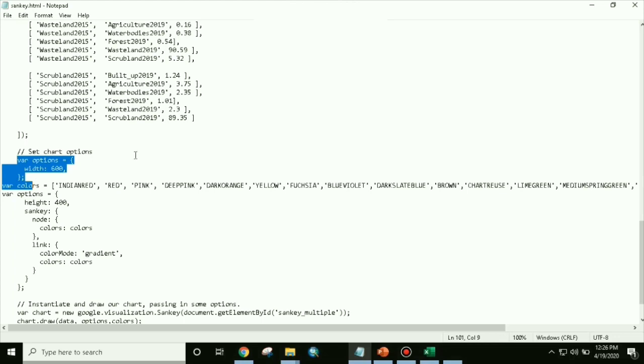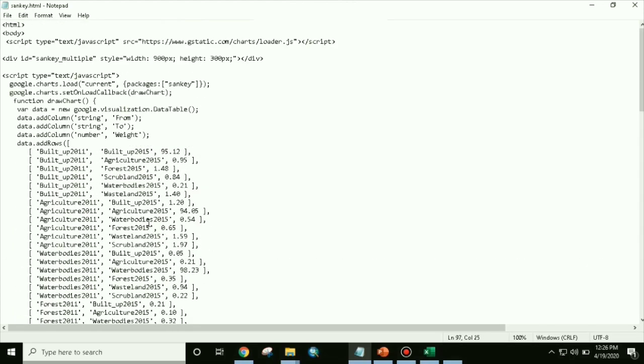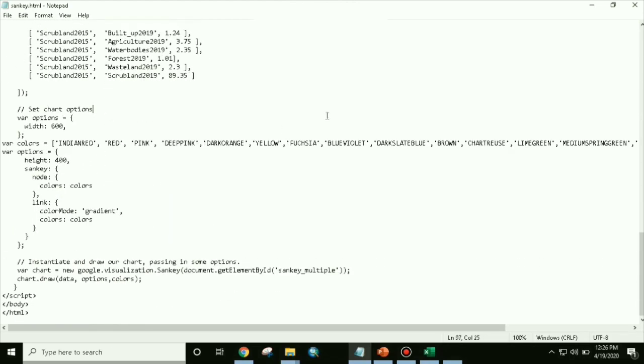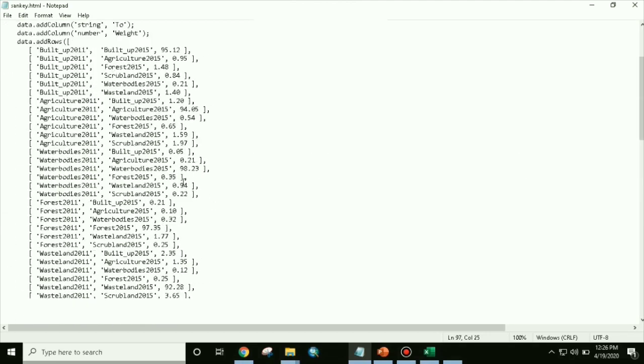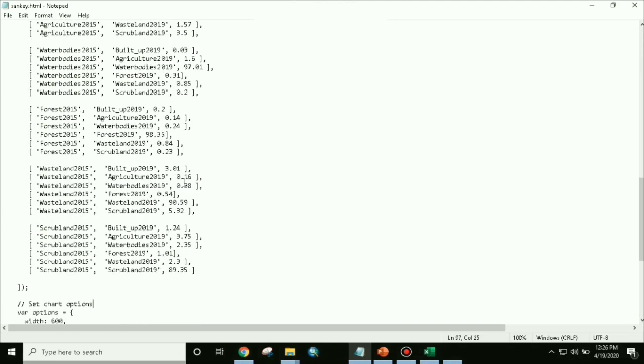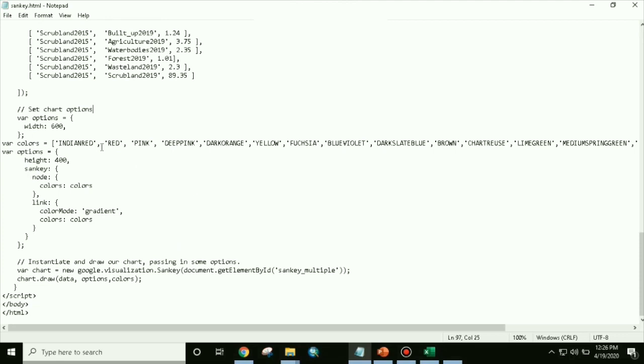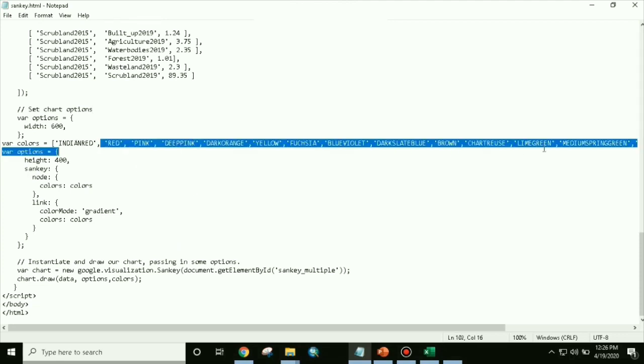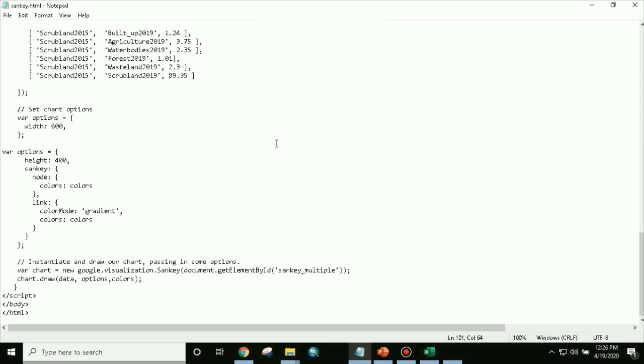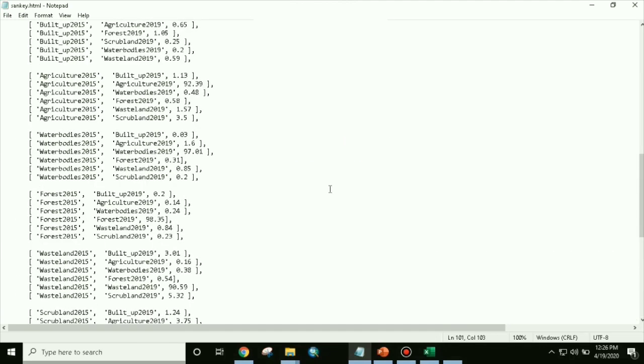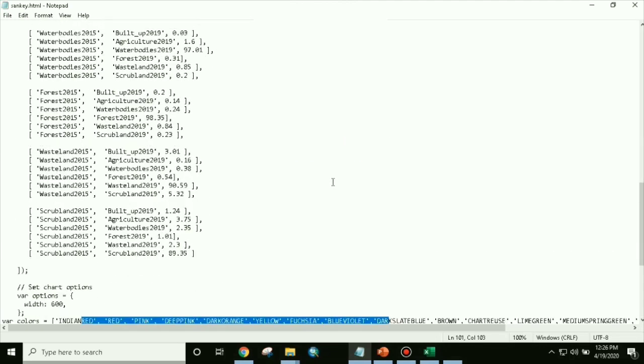So here already I typed over here that color code. So that color code we can modify, but here the number of things, as we have copied our previous one, there we are having almost 15 parameters, 15 countries' names. So that's why here 15 colors are present over here. So in our case it is not like that. So we'll change this color code.